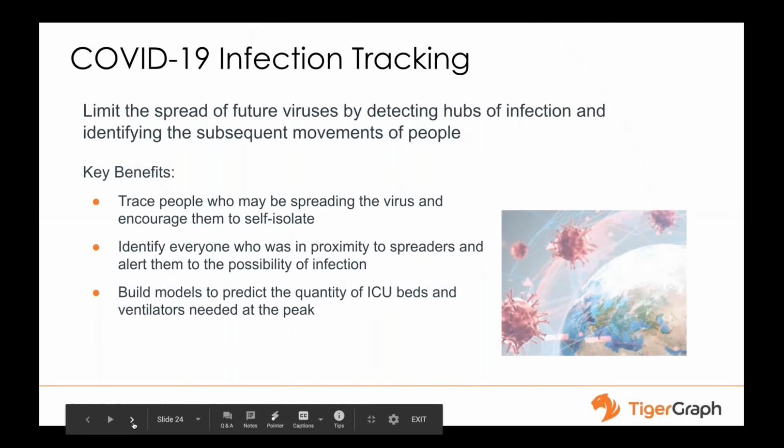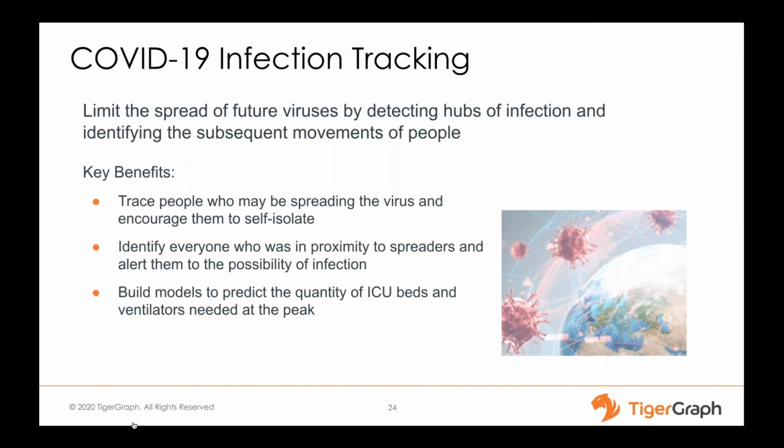A graph database is probably the easiest way to organize the COVID-19 infection data and track and monitor the spread of the disease. All the data for patients and their geo and time data are a natural fit for putting on a network and a graph. In addition to that, graph algorithms such as community detection and deep link analysis can really quickly help identify hubs of infection and also super spreaders.